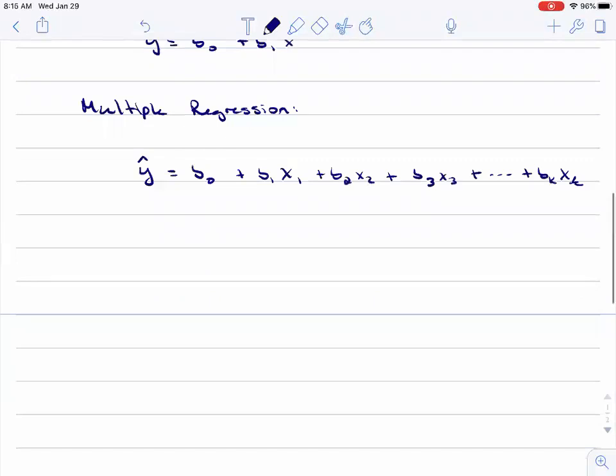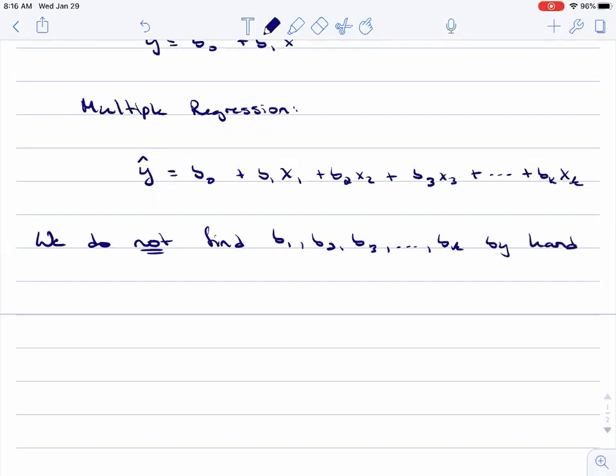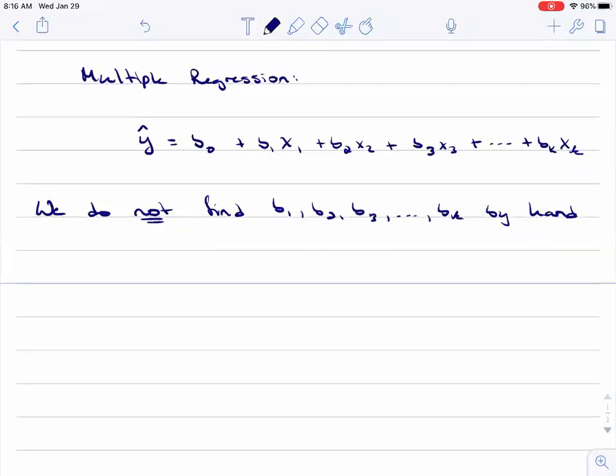And so we do not find B1, B2, B3 up to BK by hand. We use software